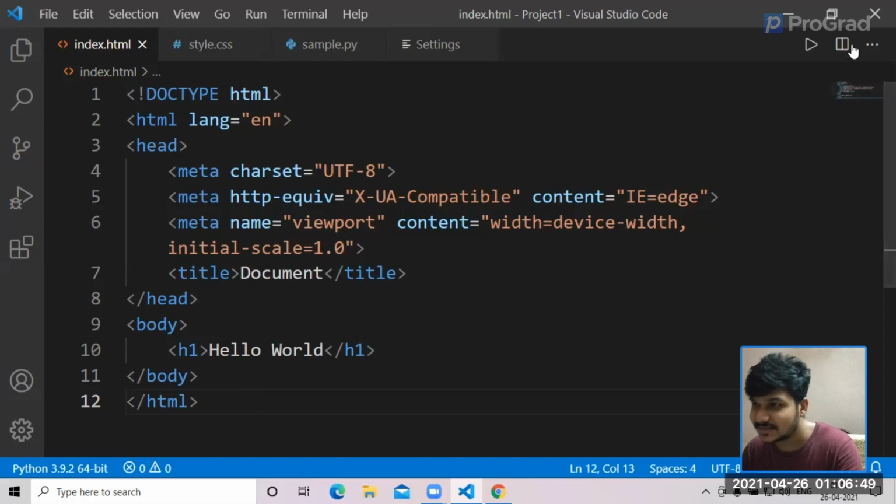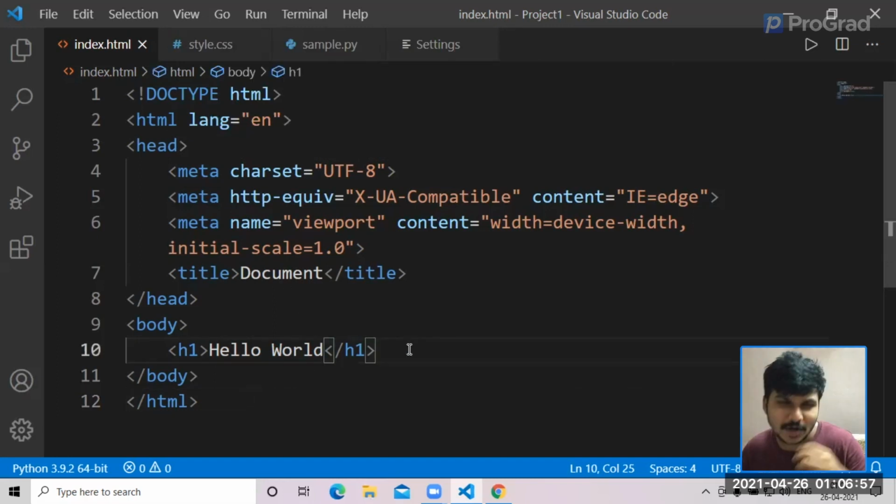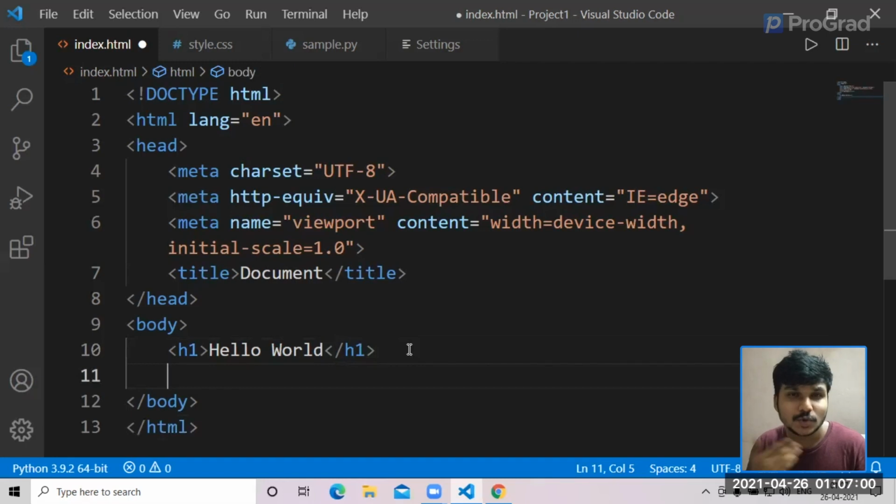So basically, this depends upon the users, whatever convenience is that. And the next thing which I want to tell you about is some kind of shortcuts. We also have a separate video upcoming with the shortcuts of Visual Studio Code on how to use it. But the basic thing which I want to tell is,